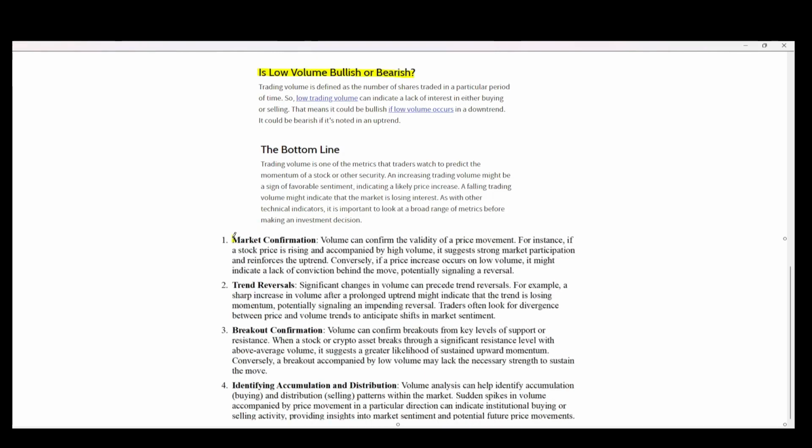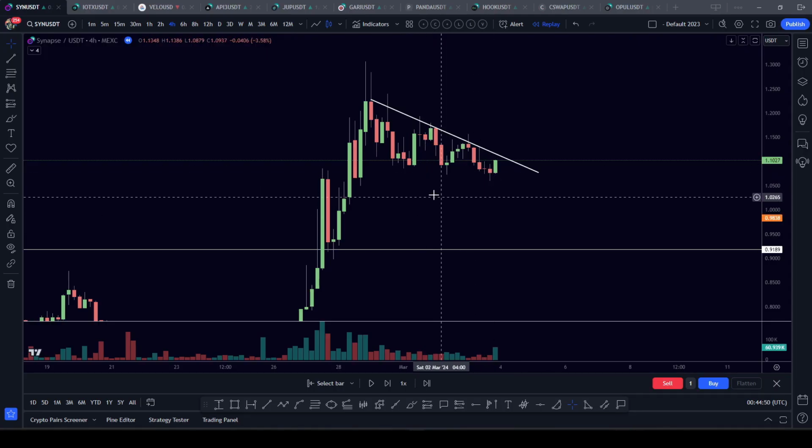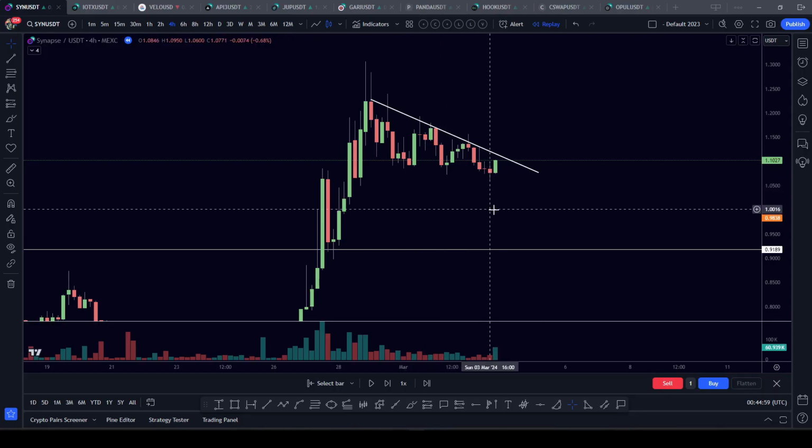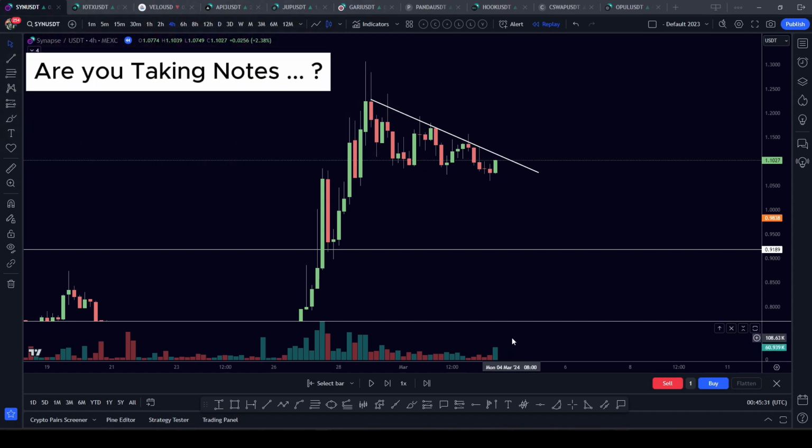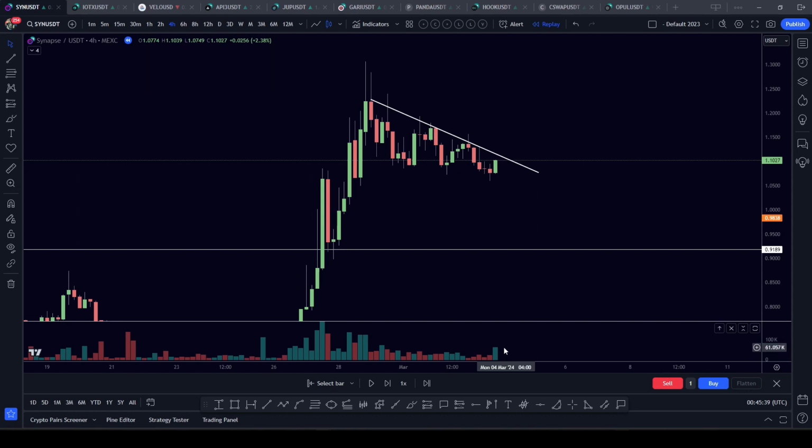So as a recap, volume is used for market confirmation, whether it's going up or down. We also have possible trend reversals and the famous "let volume be your guide" for volume confirmation of a breakout. And volume also helps identify accumulation and distribution. The way I think of it, volume equals activity, the activity of buying and selling. Volume could mean that there's a lot of activity of buying and selling from a lot of buyers and sellers. Or it could mean there are fewer sellers or buyers.